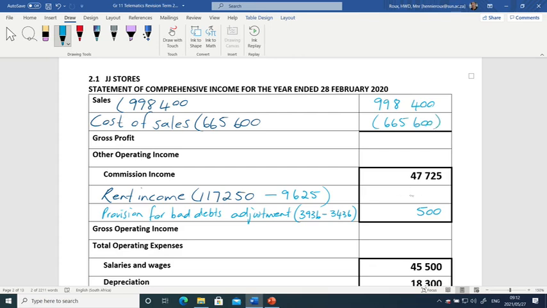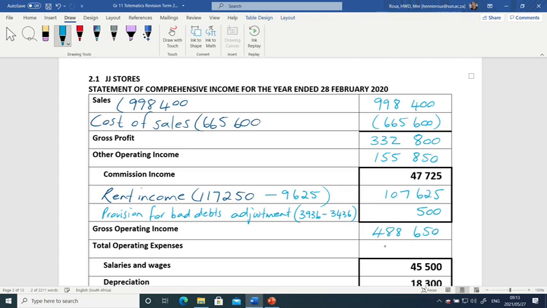Rent income, 107,625. Now we start with the last step. We complete the income statement. Statement of comprehensive income. Sales minus cost of sales will give you the gross profit. These 3 income items will give you a 155,850 to be added to gross profit in order to give you the gross operating income of